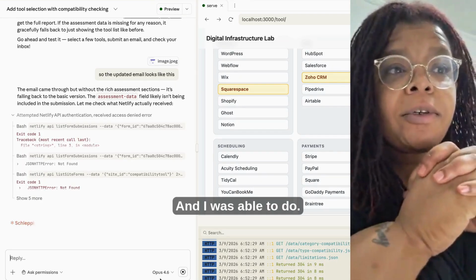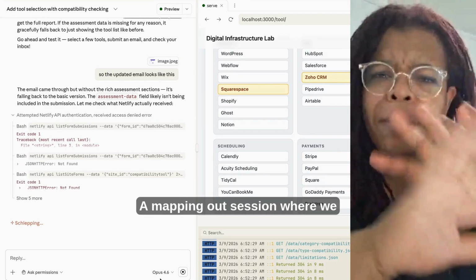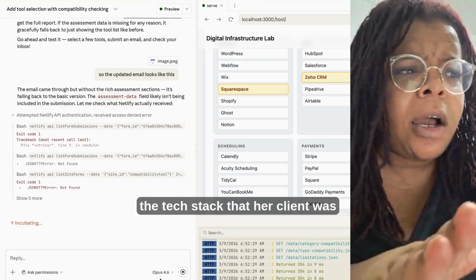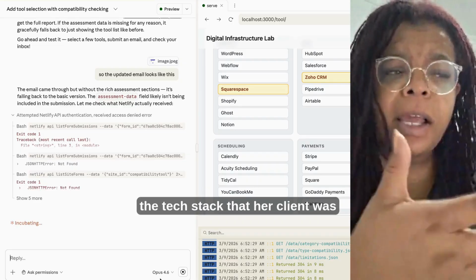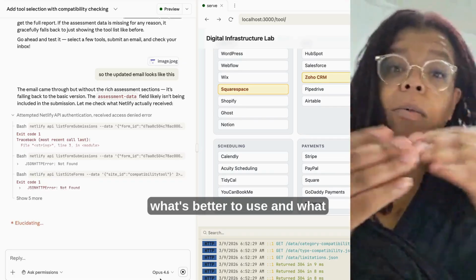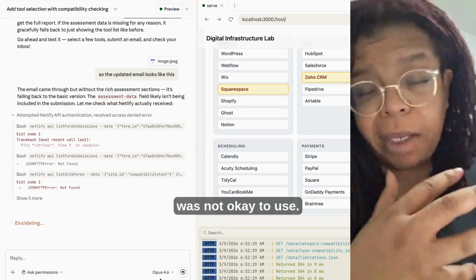I was able to do a mapping out session where we went through the tech stack that her client was using, but then we needed to determine what's better to use and what's not okay to use.